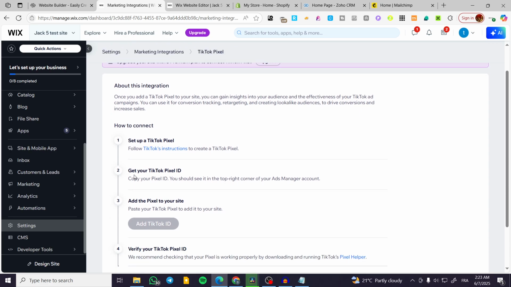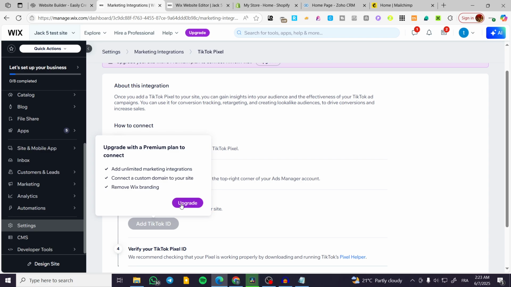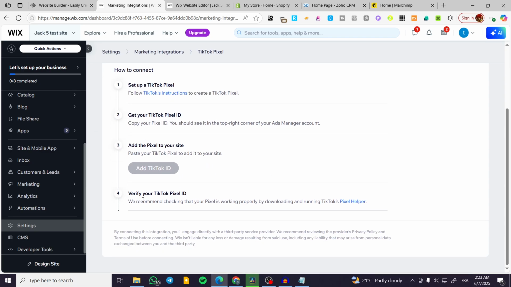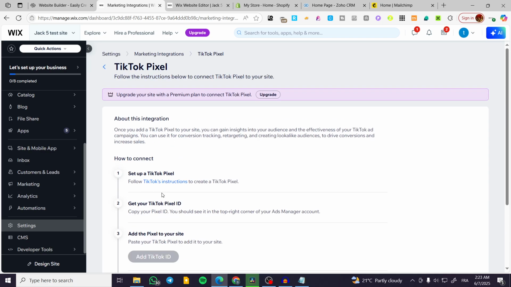As you can see, get your pixel ID or TikTok pixel ID, copy and paste it in here. So as you can see, it is going to be an upgradable plan. Click on upgrade, pay, and then you're going to put your ID and it is going to verify your pixel ID. So that was pretty much it for today's